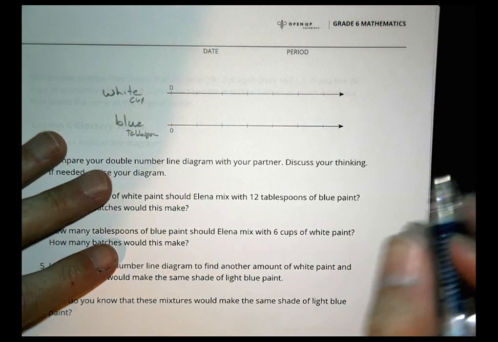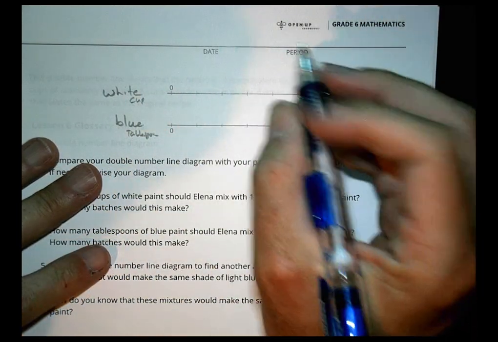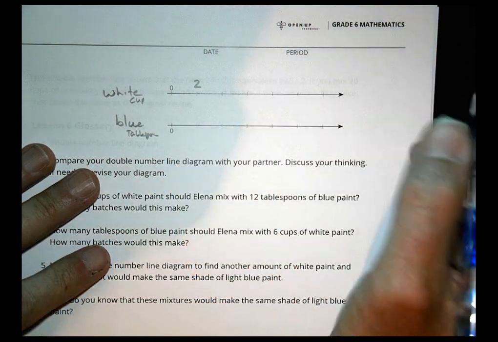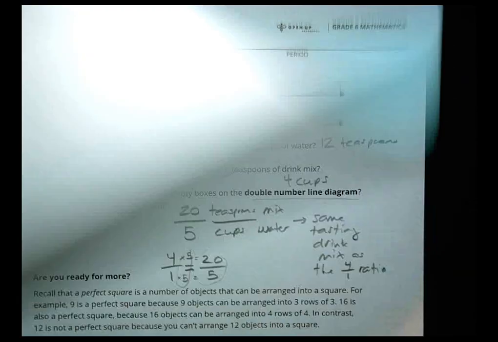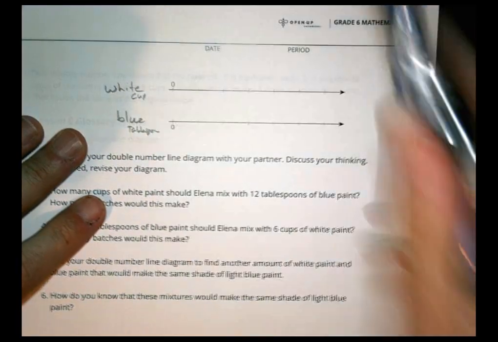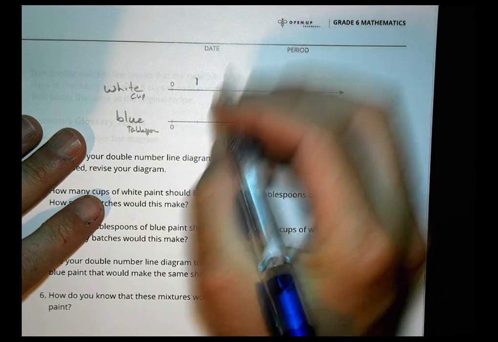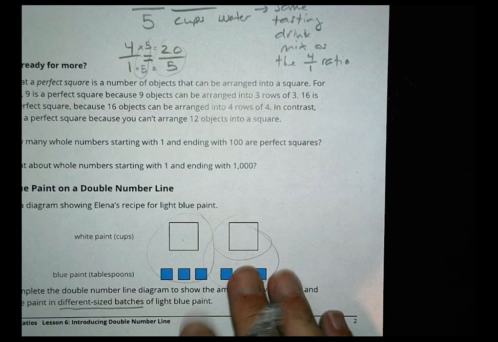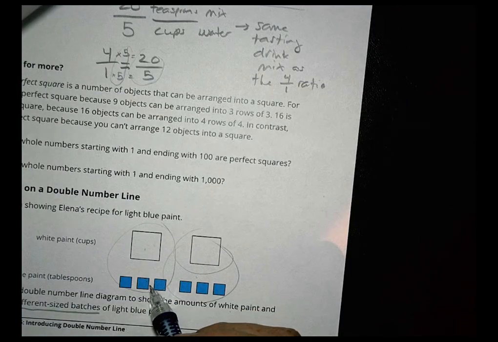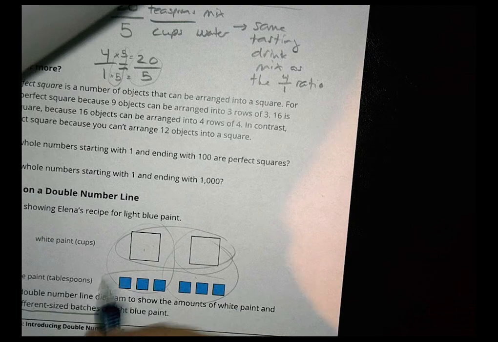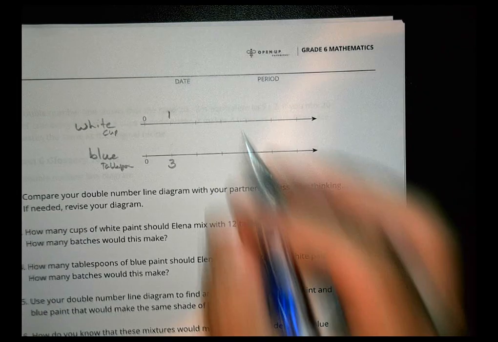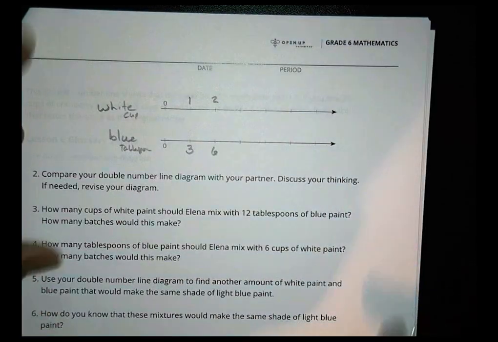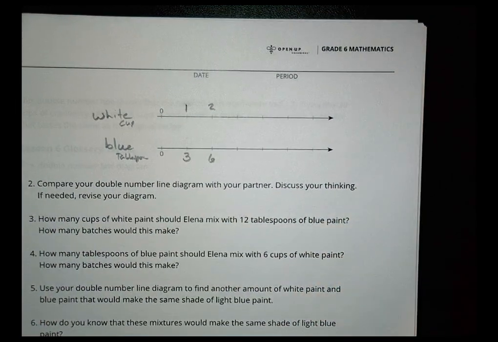And what I know is that on this double number line, what I could do is I could say, well, I have 2 cups of white. Oh, sorry about that. I have 1 cup of white. I got ahead of myself. 1 cup of white goes with 3 tablespoons, right? We have 1 cup of white for 3 tablespoons, or I have 2 cups of white for 6 tablespoons. So I can put that in there, and I have 2 for 6, like so. All right, so now you can look at what you have, and it says to compare it with your partner